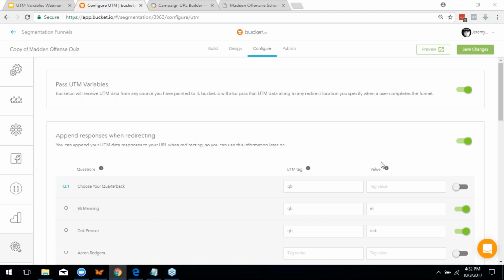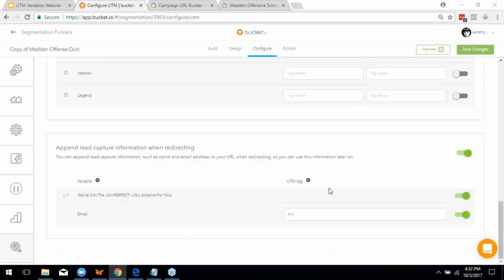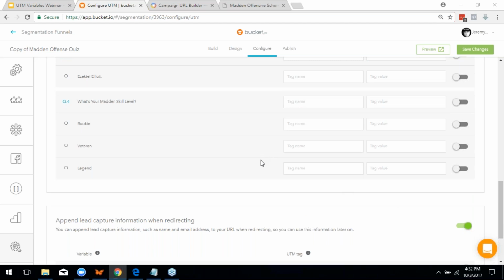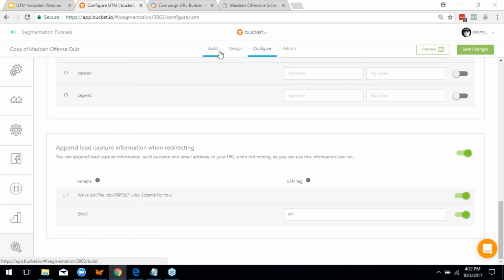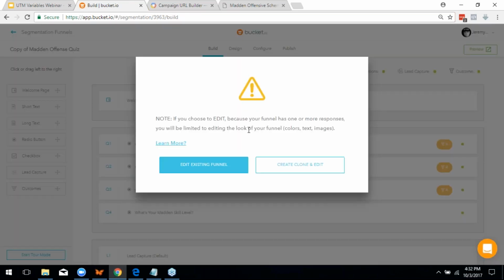Okay, David says, I want to append my outcomes as UTM variables. Can I do that? Yes. In fact, you can. It's a little bit different. You wouldn't do it here. What I would do is, let's go back to build. I'm just going to discard these changes. I was all crazy over there. What I would do,